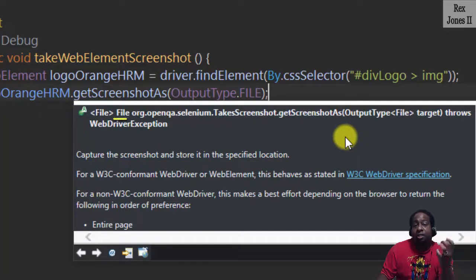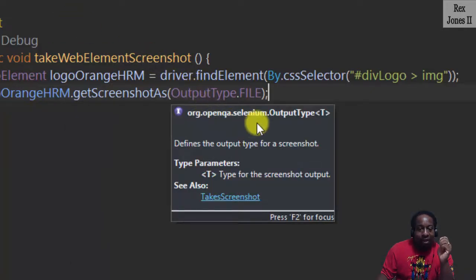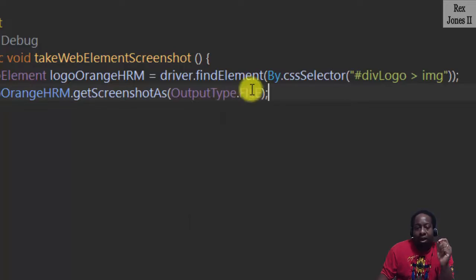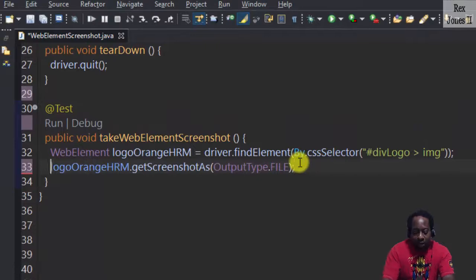Notice the return type is File. Let's hover the OutputType, and it defines the output type for a screenshot. File is used to obtain the screenshot into a temporary file. Therefore, we'll assign the screenshot to a file